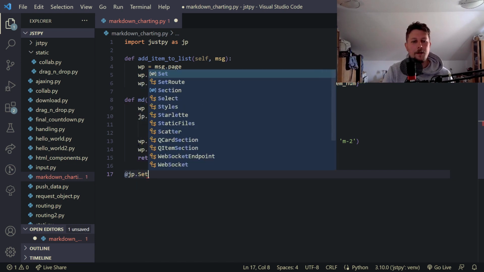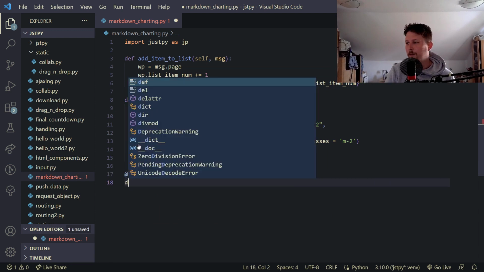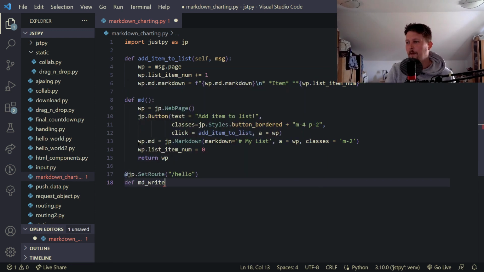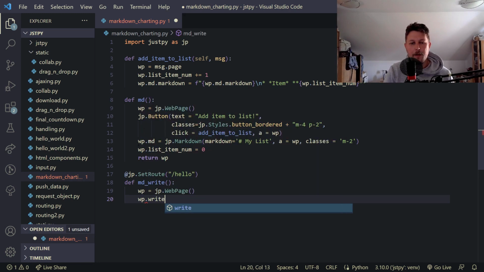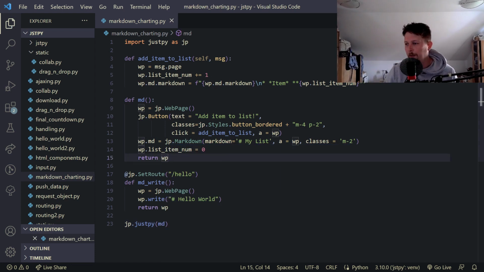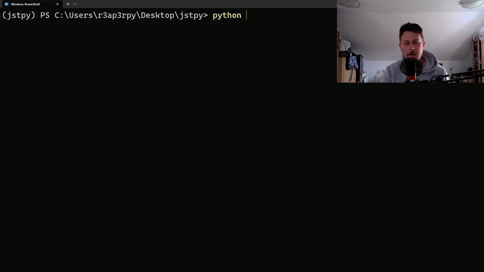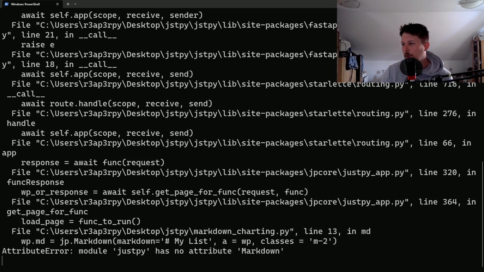Now we create the set route decorated function which will have the hello context route, and let's call this md_write, and the web page is a jp.webpage and the web page.write hashtag hello world, and we return the web page. Then we run with the JustPy the md function. Great. So let's run the markdown charting, and if I visit the web page,